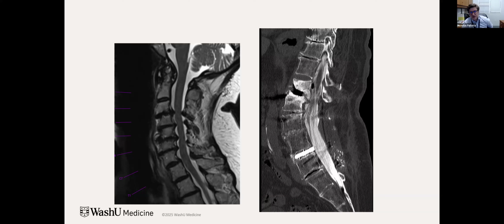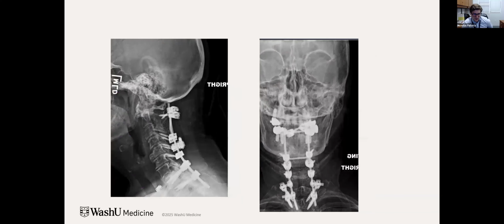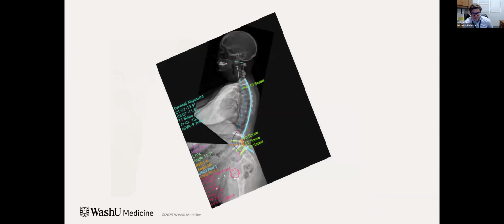And then you can see the complete collapse of the L1 vertebral body there and the stenosis above her previous instrumentation, which stopped at L2, and then multiple pseudoarthroses, and I had again a debate with this patient because of the magnitude of what we were considering, and actually decided to do all of it. So we did her cervical spine, let her recover for a couple of months, and then did the planning on